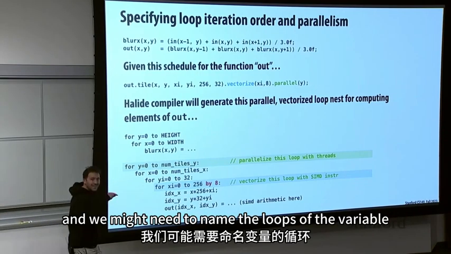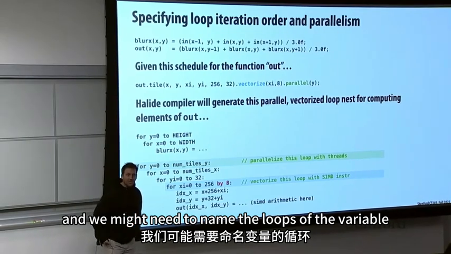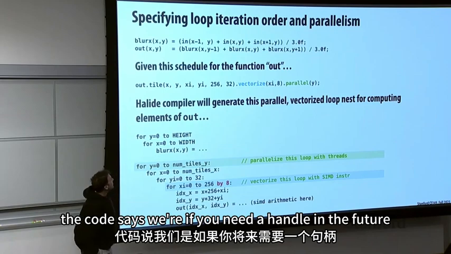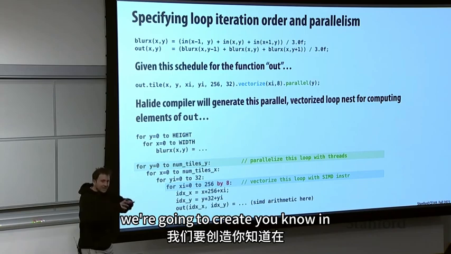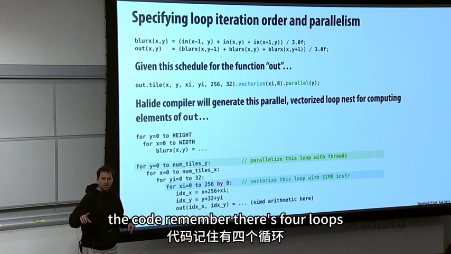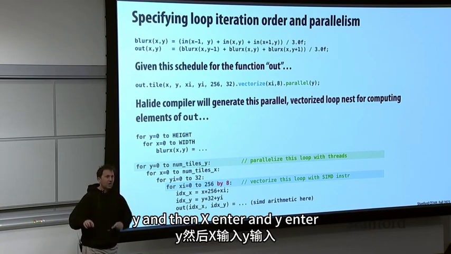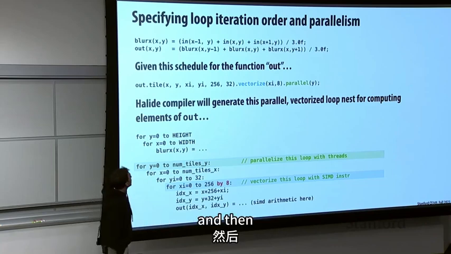And we might need to name the loops of the variables. So the code says, if you need a handle in the future, we're going to create, in tiling the code, remember there's 4 loops. And we're going to refer to those loops as x, y, and then x inner and y inner. And then,